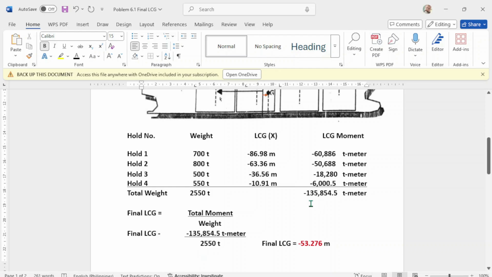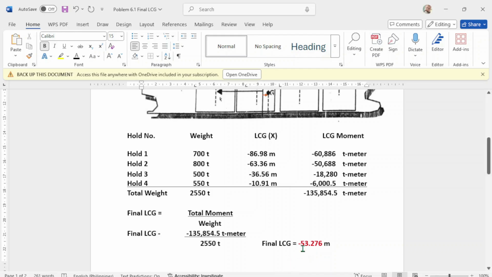So negative 135,854.5 over your total weight, and your final LCG is negative 53.276.